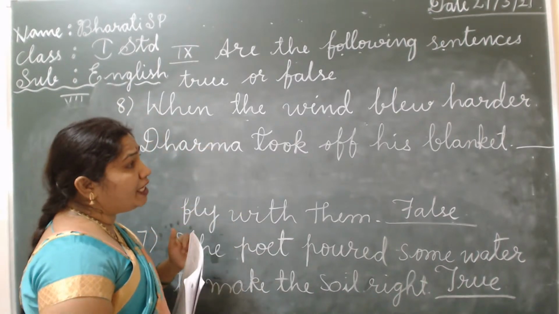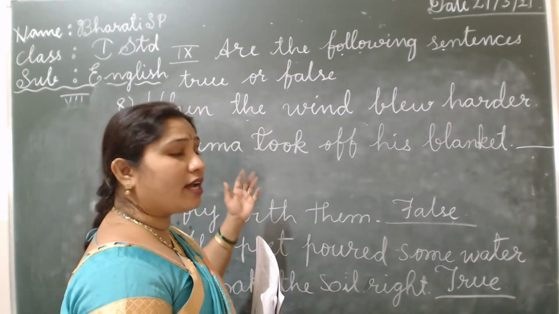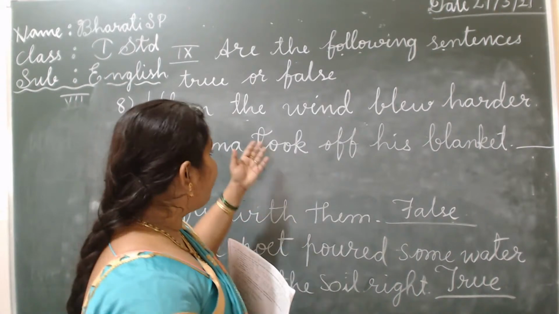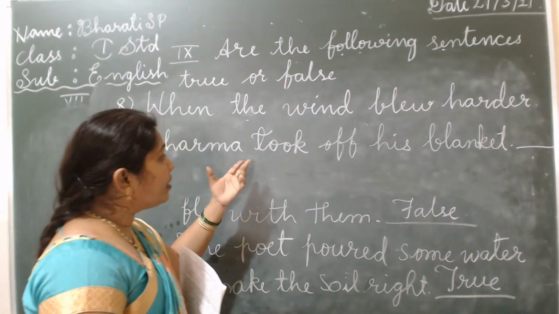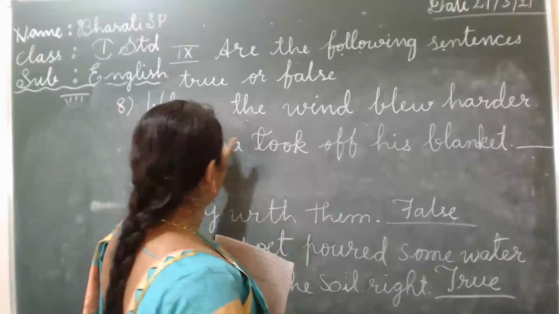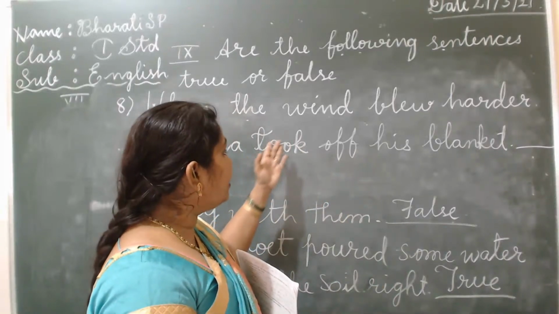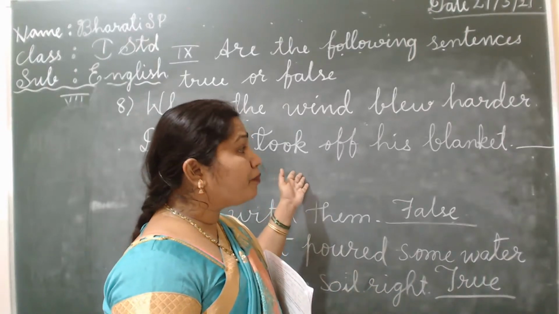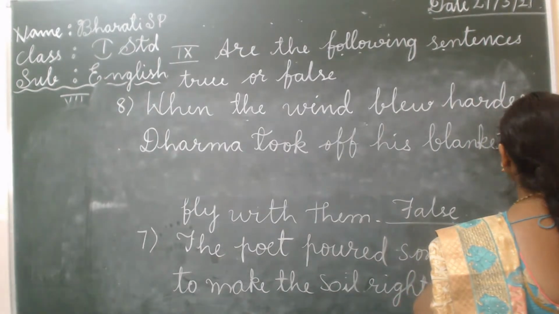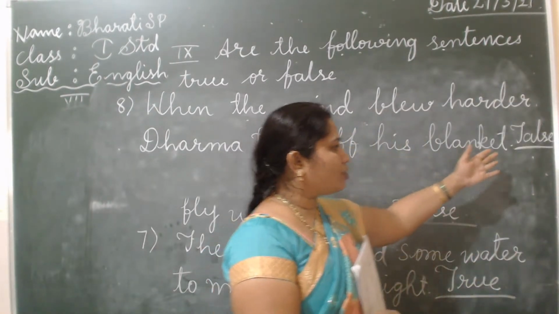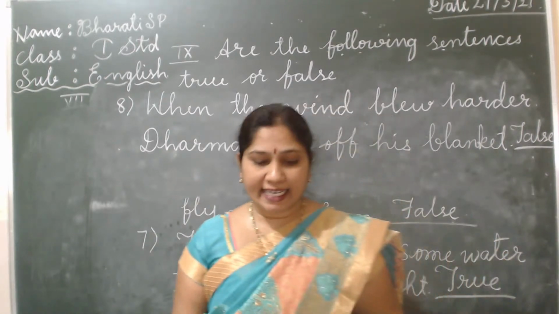See here, children. When the wind blew harder, Dharma took off his blanket. Do you know the story? Who won the challenge, the wind or the sun? When Dharma removed his blanket, was it because of the blowing wind or the sun giving a smile? Tell me, children. When the sun gave a little more smile, Dharma removed his blanket. It is a false statement, because when the wind blew, Dharma did not remove it. He tightly closed his blanket. Here it is given that he removed it. So you need to write here that the statement is false. Do you understand, children? What I taught today? Let us come to the